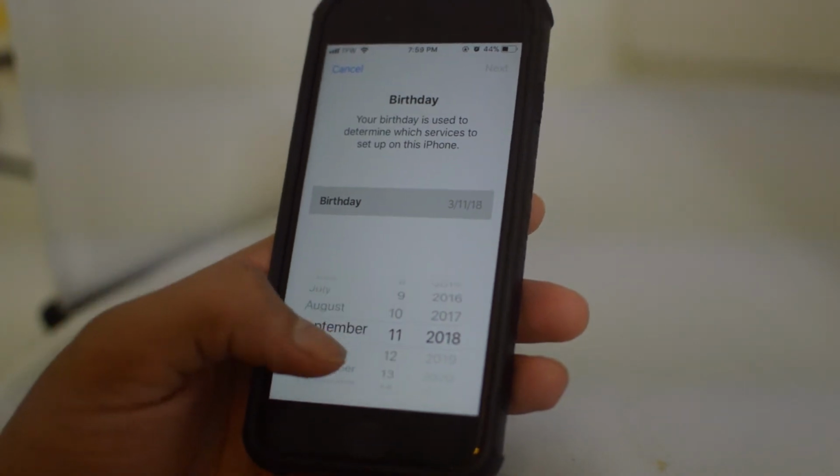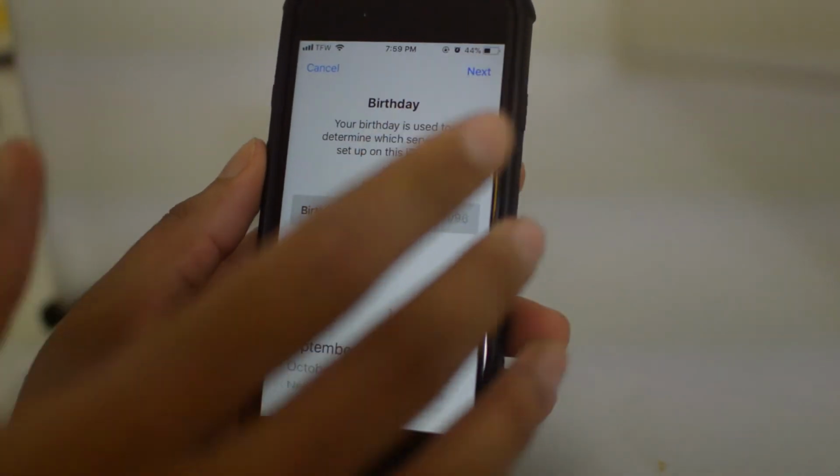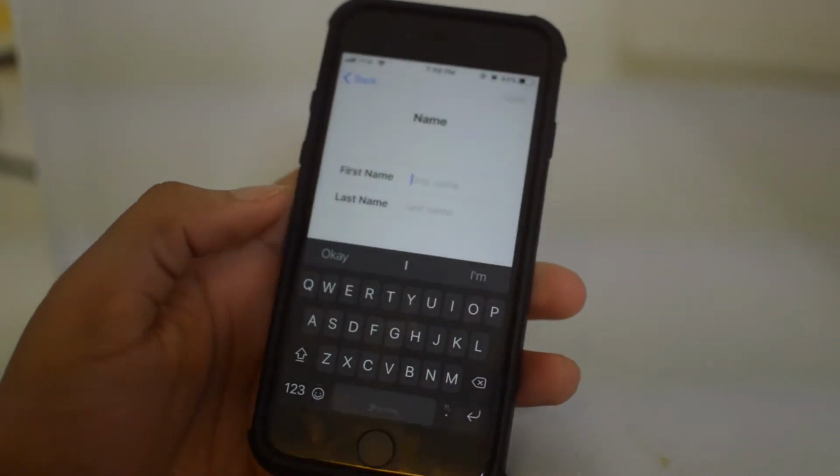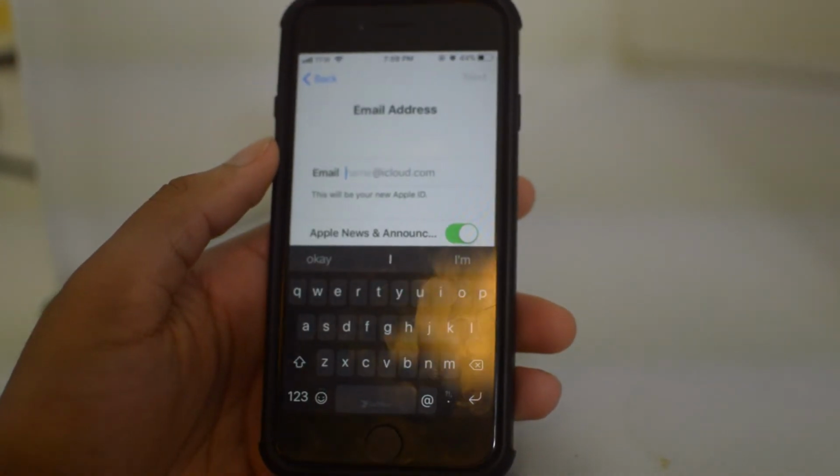It's going to ask your birthday. Fill all this information out. So we're going to put in our birthday as well as our name, everything. Now if you just want to get your own iCloud,